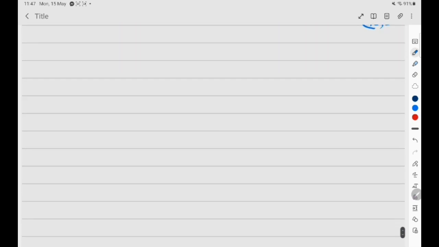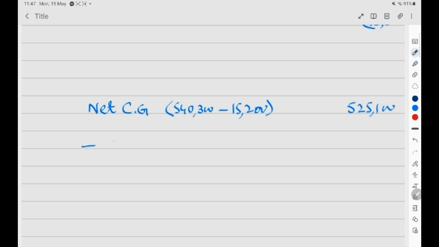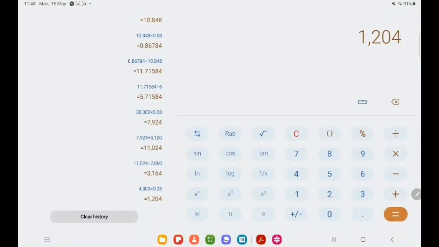Now you have to net these off. So net chargeable gain, and that is 5,40,300 minus 15,200. So net chargeable gain would be 5,25,100. Now you have to deduct the annual exempt amount, because all gains are other gains. There is no residential property gain, so we have to deduct the annual exempt amount from there, and this will be 5,25,100